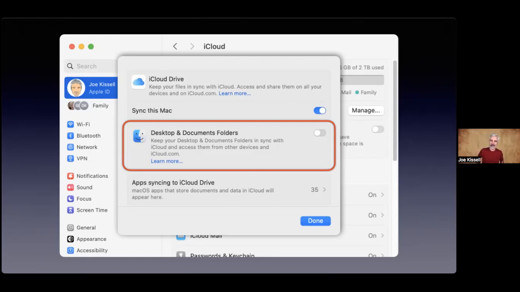So Apple says, okay, how about if we give you a switch that stores the contents of those two folders in iCloud for you? So not just the stuff that's in iCloud Drive, in that iCloud Drive folder that we looked at a minute ago, but also everything that's in your Documents and your Desktop folders, because those are the most important places. That way, almost any document that you make or work with is going to be safely stored in iCloud.